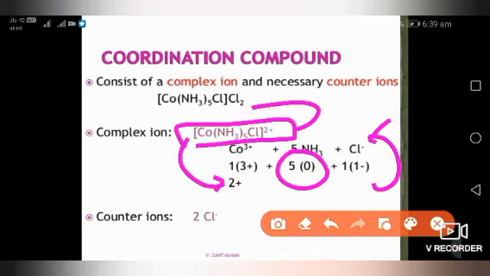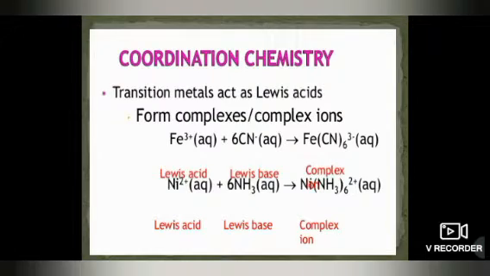Okay, that's a complex ion. That's why there are 2 chlorine to balance this oxidation number. So the counter ion is outside the bracket. Okay, so if we talk coordination chemistry, transition metal acts as a Lewis acid, which forms a complex ion, and in